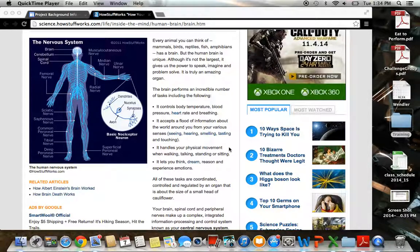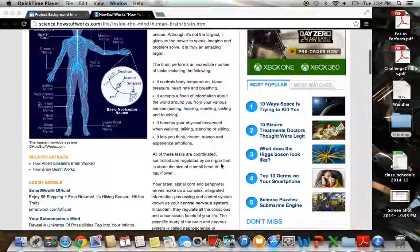world around you from your various senses: seeing, hearing, smelling, tasting, and touching. It handles your physical movement when walking, talking, standing, or sitting. It lets you think, dream, reason, and experience emotions. All of these tasks are coordinated, controlled, and regulated by an organ that is about the size of a small